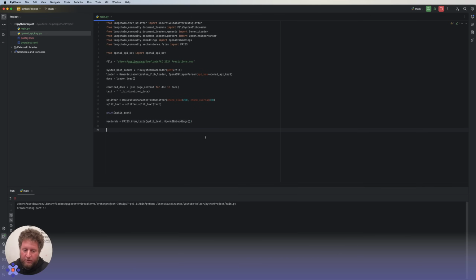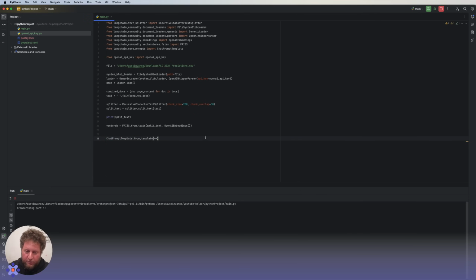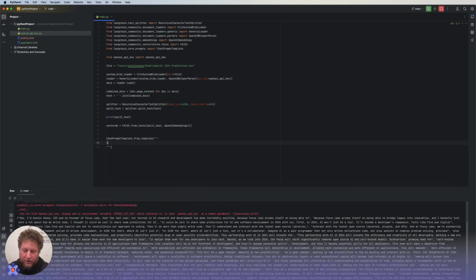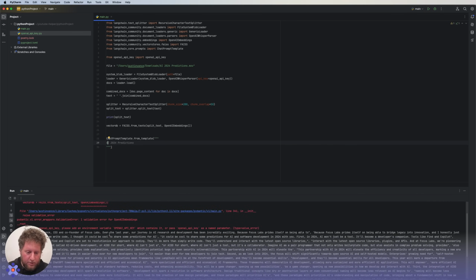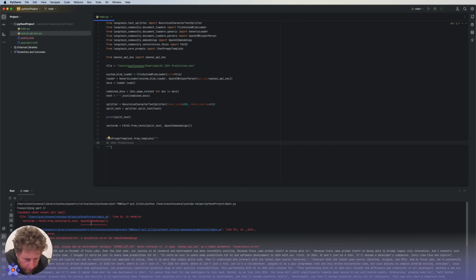While we do that, let's write a fun prompt maybe. I love playing with prompts. I like the chat prompt templates. So if I take my chat prompt template and take from template here, let's write something. There's a generic RAG prompt, which is similar to, actually, let's see, what did we get here? We did get an error: no API key in our OpenAI API key.